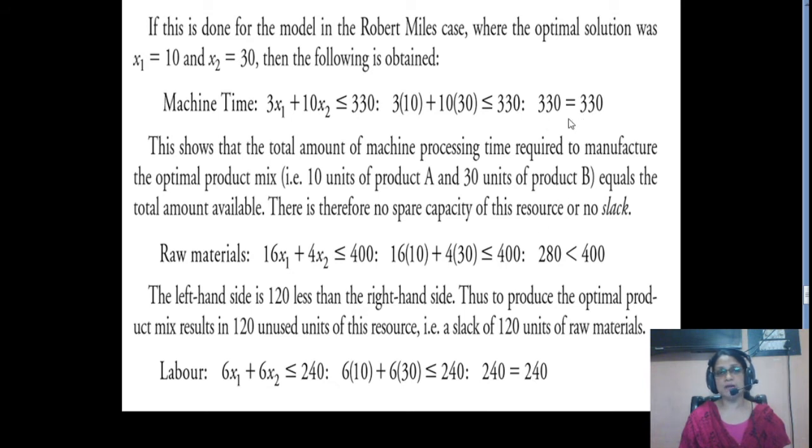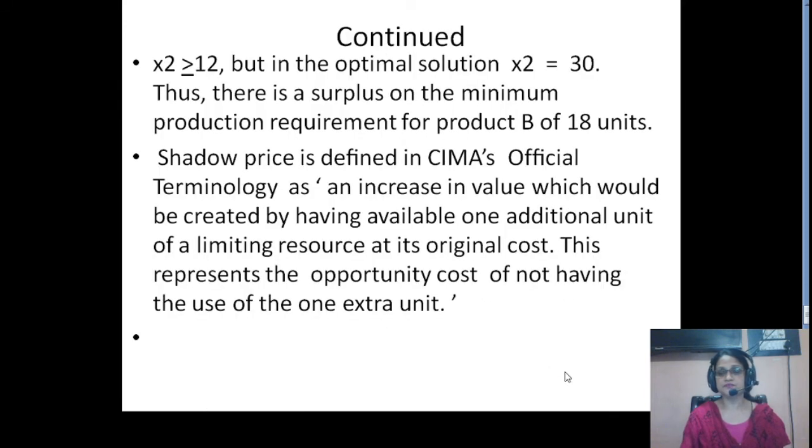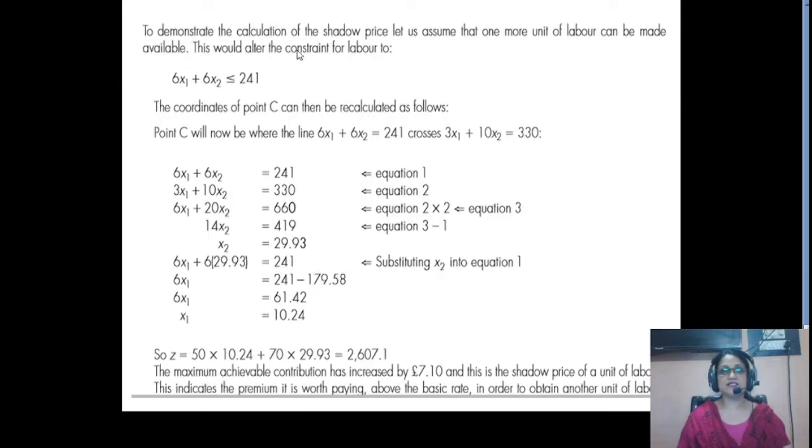This will be only applicable in the cases where you don't have any slack, right? So it can be applied in machine time and in labor. Whatever price we are giving for purchase of 1 unit of machine time or 1 labor hour, that will be treated as your shadow price, right? So let us understand with this same example, right?